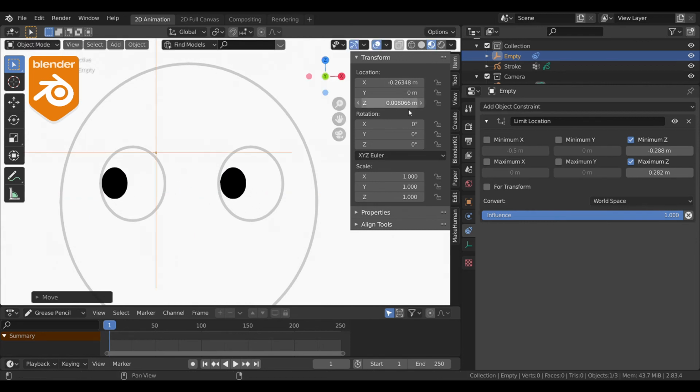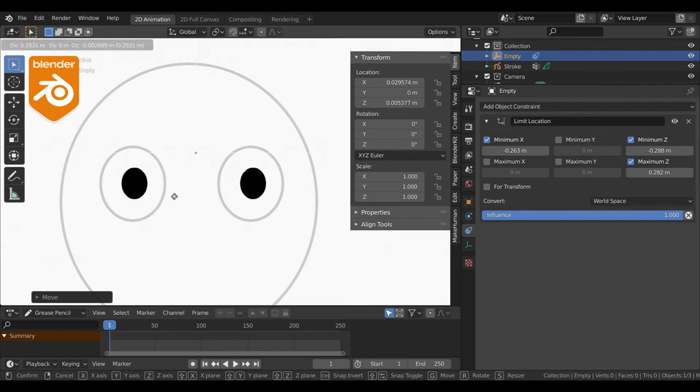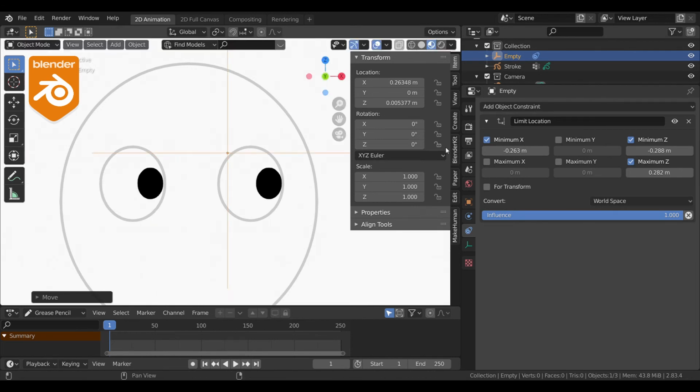Now I am assigning the x-axis values, minimum value and maximum value. By assigning these limit location values, the movement of this empty will be in a square shape, not a round shape.